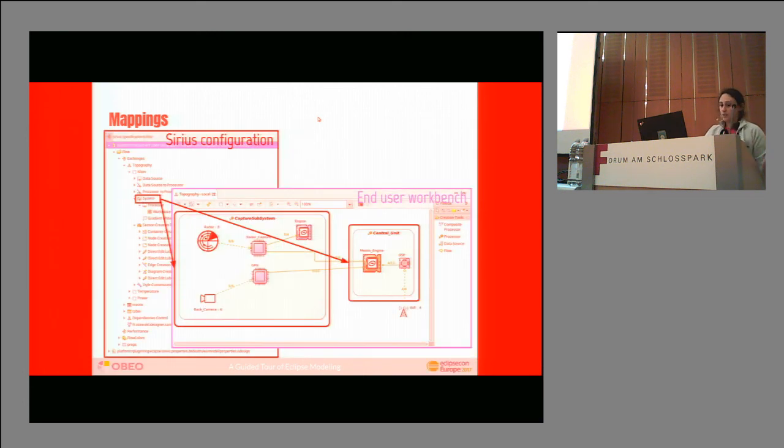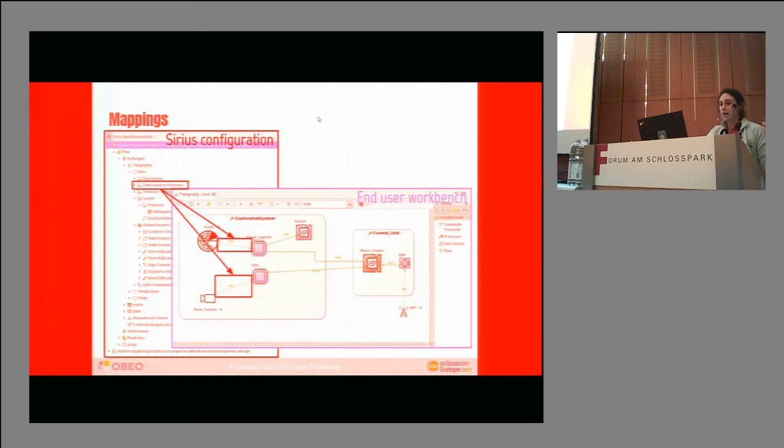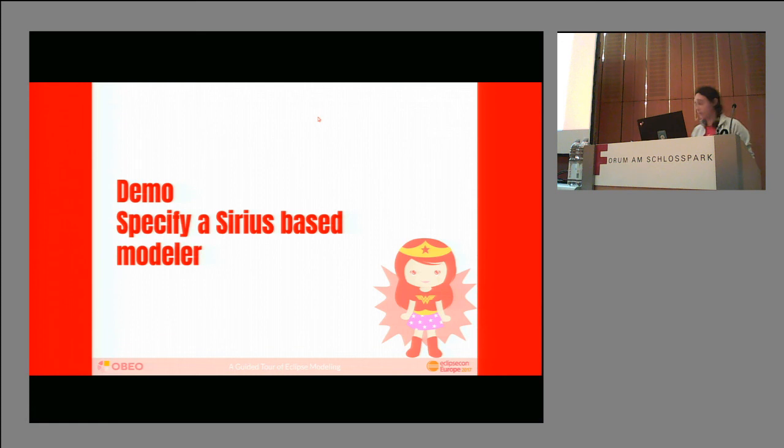So it is also possible to define containers, which will allow us to represent containment relation. And here my system contains different kinds of elements. So we have processors, data source, and fans. And finally, the Sirius configuration also allows you to specify, for example, edges. So if we go back to our example,